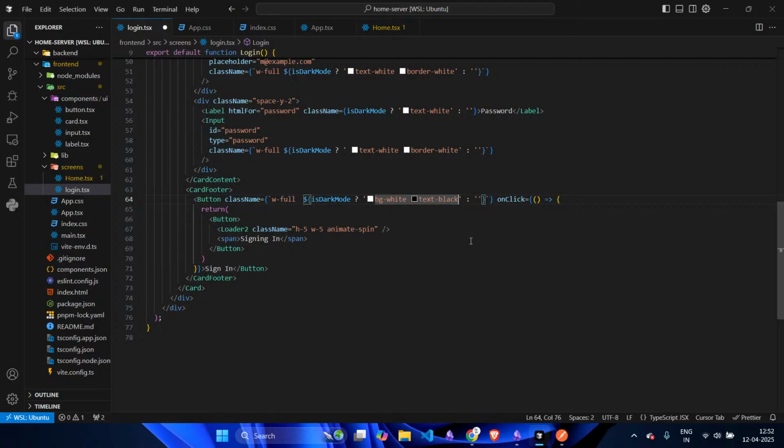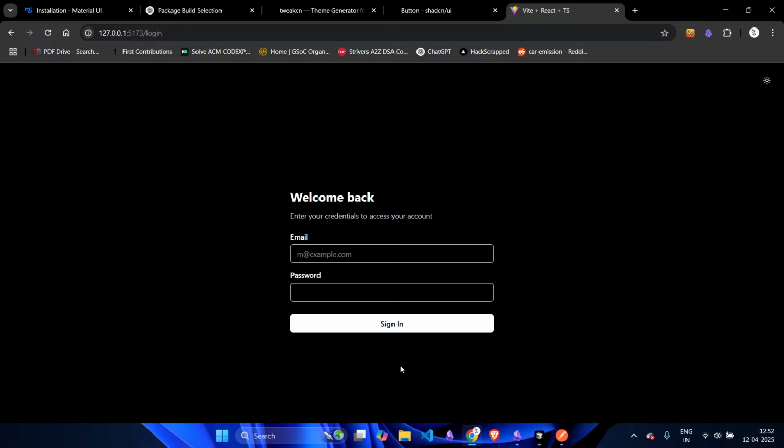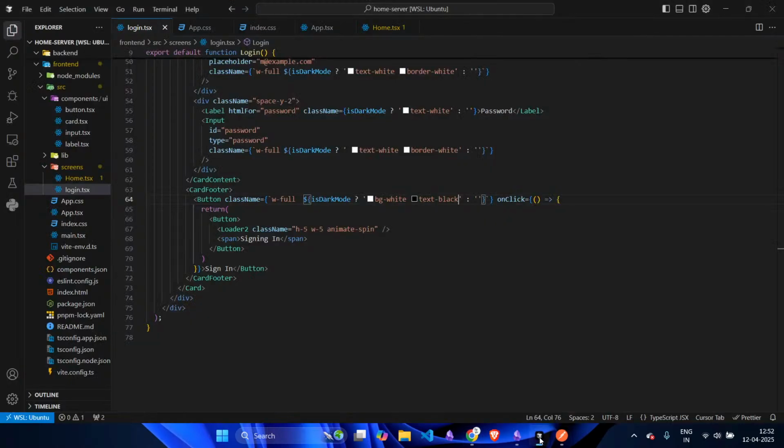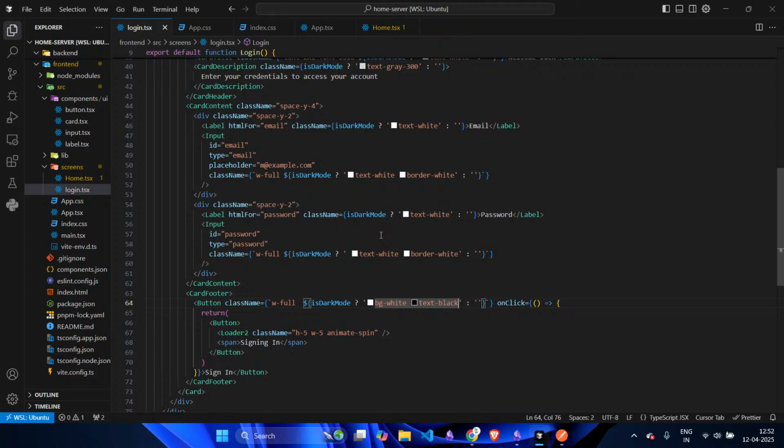Yep, I guess this works. Save this and change a little bit. On click is still not working. BG black, text white. So this will be a little